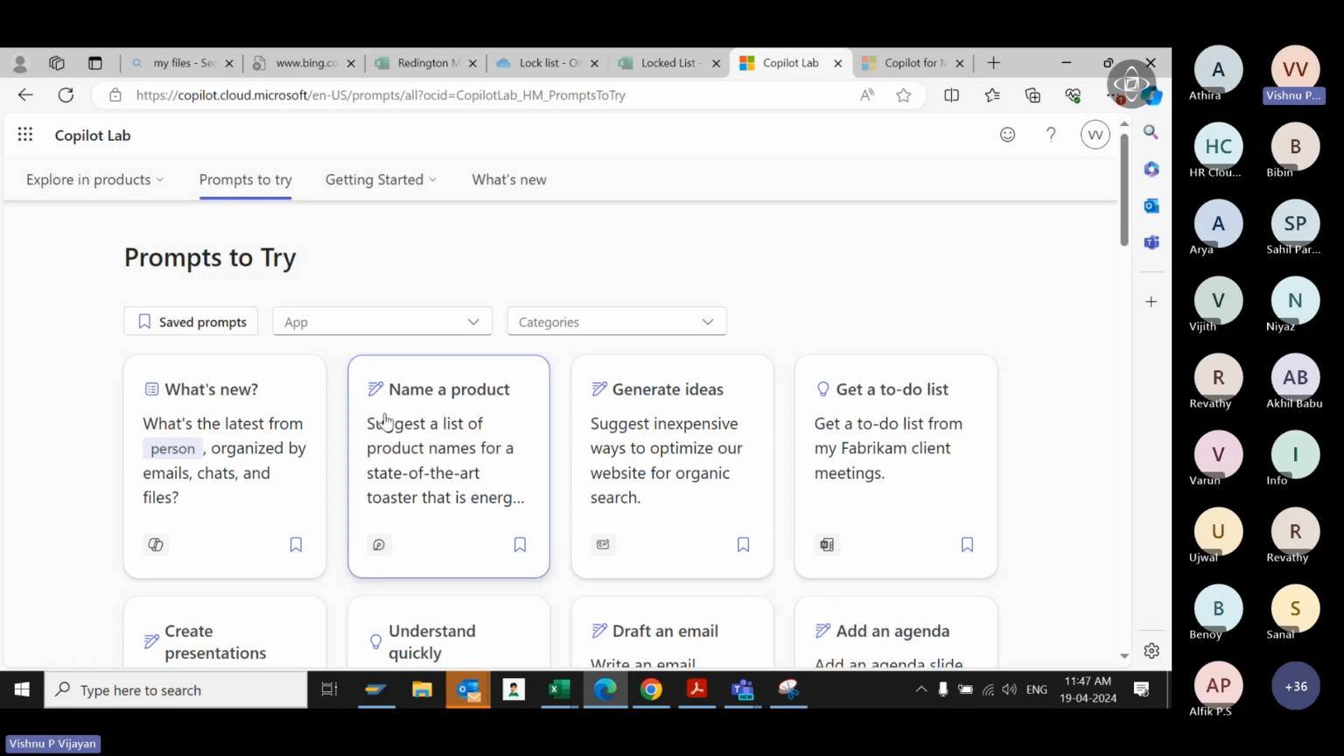It will be based on internet trends, other factors, and your organization's motive. Suppose you are launching a new product, you can request Copilot to name that product by just giving the briefing: what all features are there in the product, how it works, for which audience it is, and it will generate names for the product. Then you can ask Copilot to generate a to-do list for you